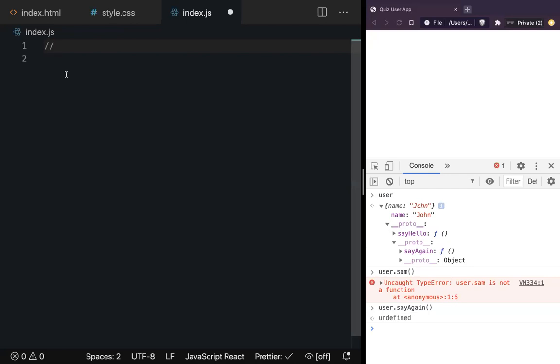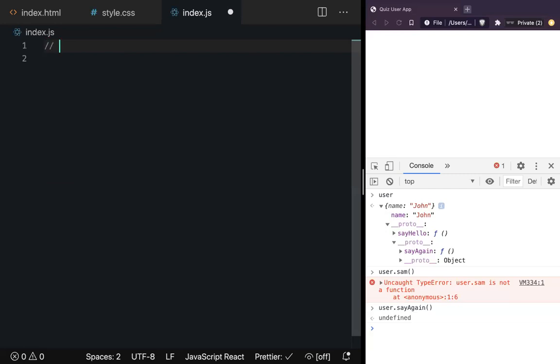So let's have a requirement. What app do you guys want to create? Do you want to create a quiz app? Do you want to create a batch information app? Whatever you want to do, can you give me a preference? We will be creating something like a quiz app, or it can be a batch information app, where it will have some data and some methods. I'll just give you an example and then we can decide on that.